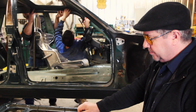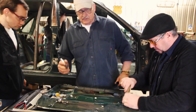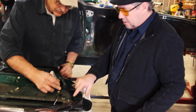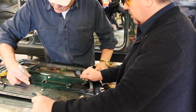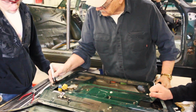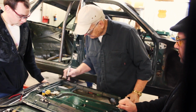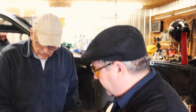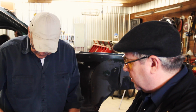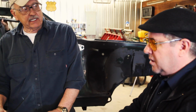All right, Captain, we're ready. I wonder if it might be easy enough to just cut in here. Cut this all the way down. There's so much play. Down like this, that's going to come up and hit. Okay, so we can set up a bar and cut this all the way across, right? Well, what we're gonna do is use the plasma. Let's try that. I think we're gonna be using a